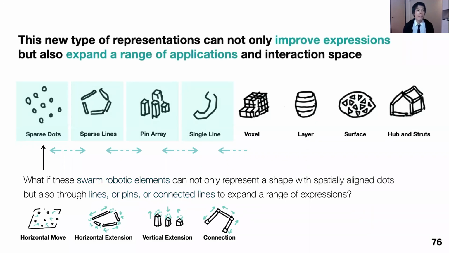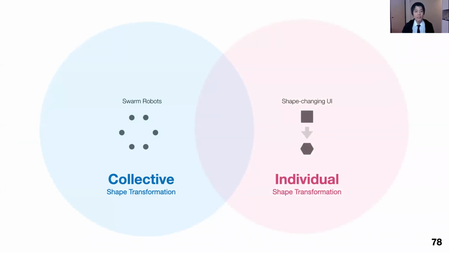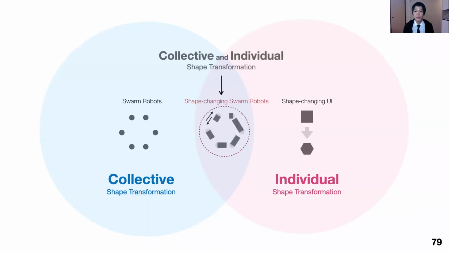So I believe this new type of representation can not only improve the expressions of the shape, but also expand a range of application and interaction space by leveraging it. To explore this idea, we have the swarm robots. Again, the swarm robots are mostly explored through the collective shape construction. But we are interested in what if we could also leverage the individual shape transformation to make